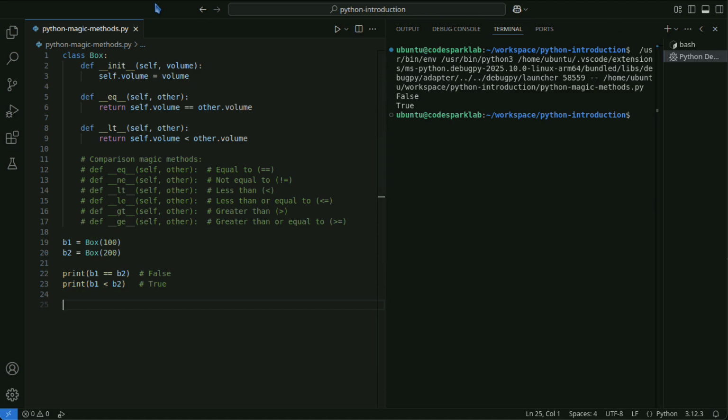You can create classes that behave like lists or dictionaries. The __len__ method is a magic method that returns the number of elements.